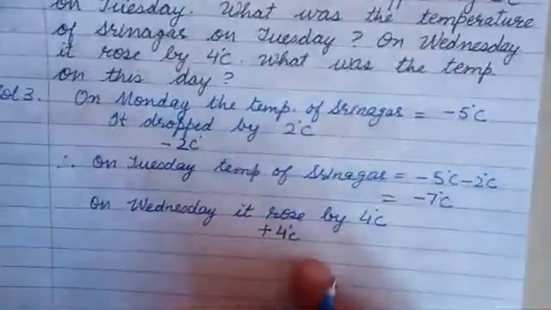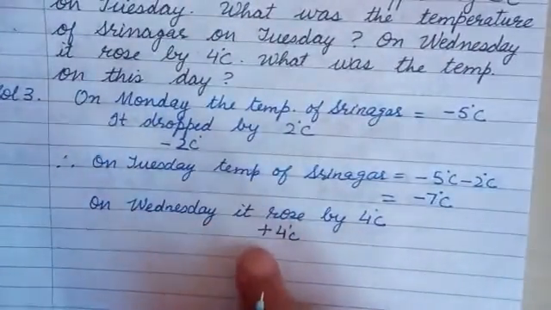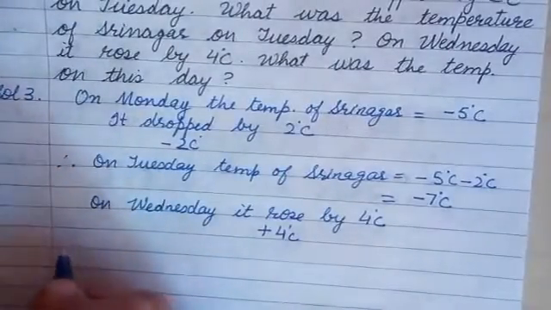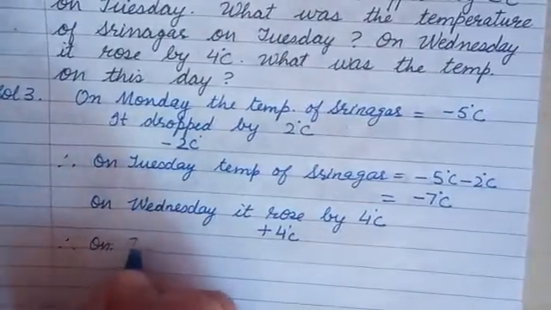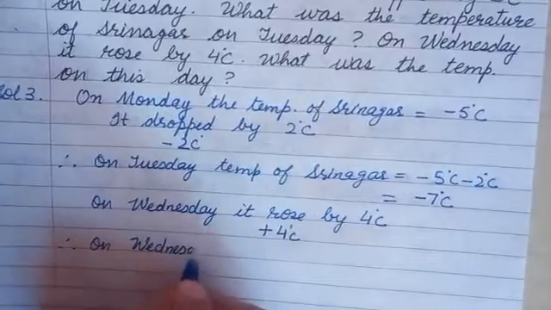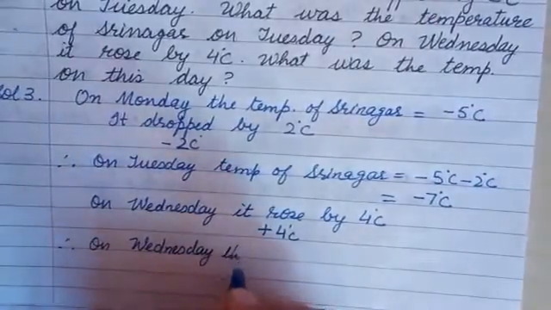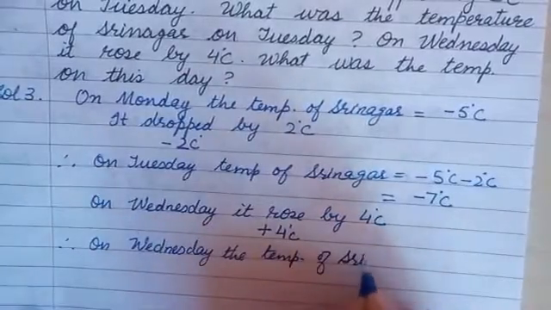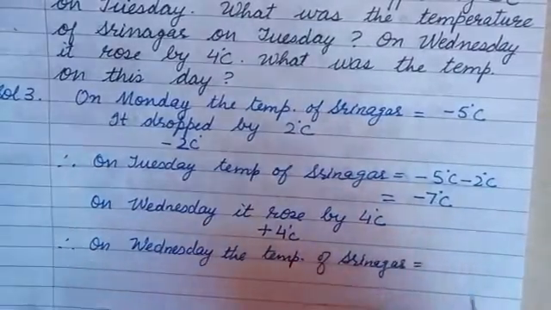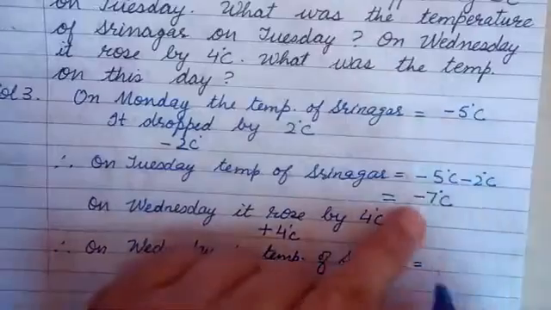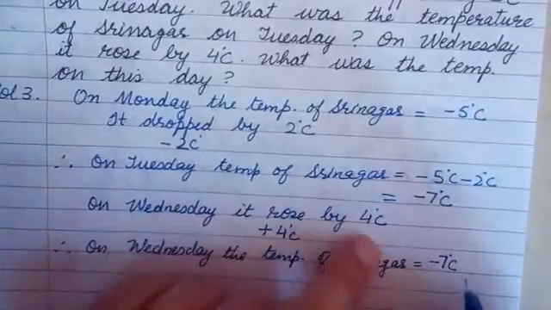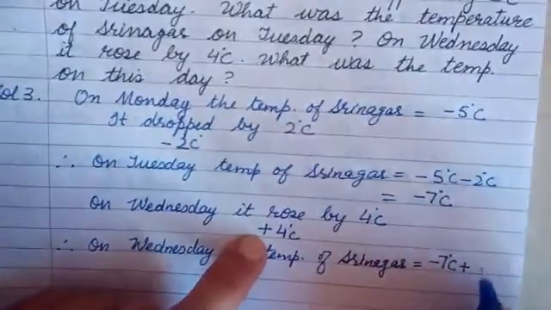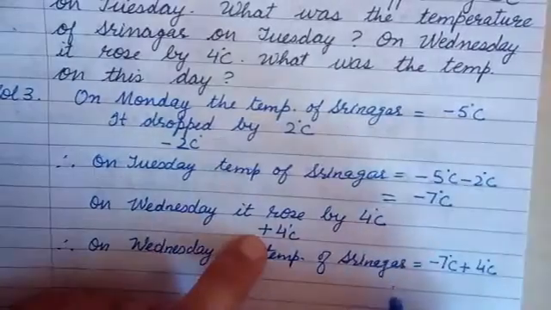So plus 4 degree will come. Now on Wednesday, the temperature of Srinagar was, here on Tuesday temperature was -7 degrees Celsius, then rise in temperature, so plus 4 degrees Celsius,